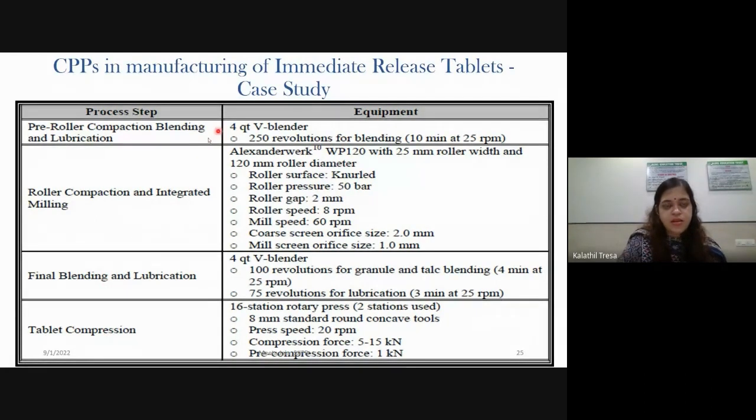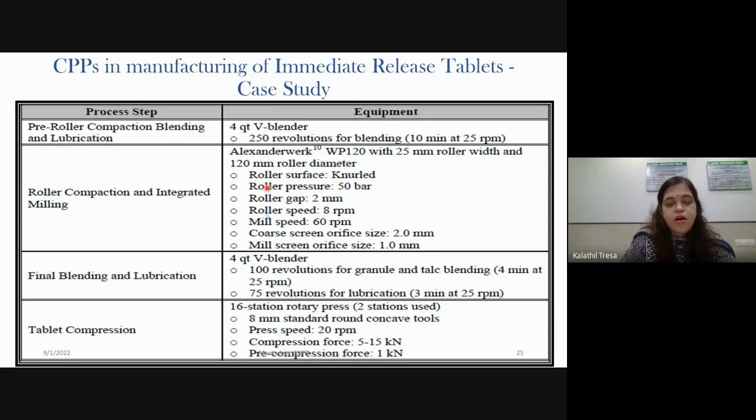So this first step is for the intragranular agents which you are going to add, that is your lactose, MCC, and croscarmellose. Then you are going to compact it and reduce its size, and finally you are going to add talc and magnesium stearate as lubricants, glidants, and then compression.